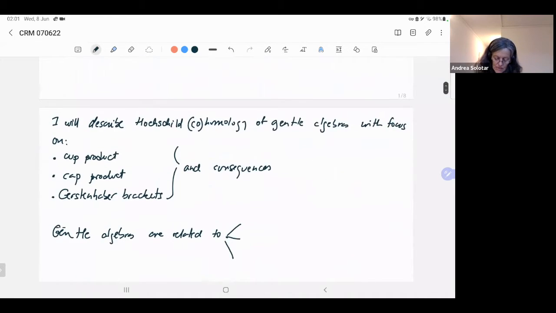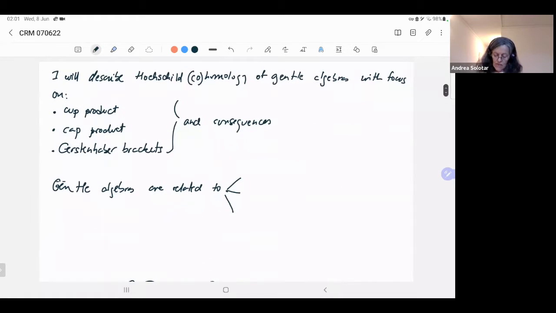Okay, so let me describe the objects and the problem. As I said, it's Hochschild homology and cohomology of gentle algebras. These are the homological invariants that I'm going to consider. I will just describe bases for Hochschild cohomology and maybe homology, but I don't think I will have time for that, because I want to concentrate on the algebraic structure of Hochschild cohomology, which is given by